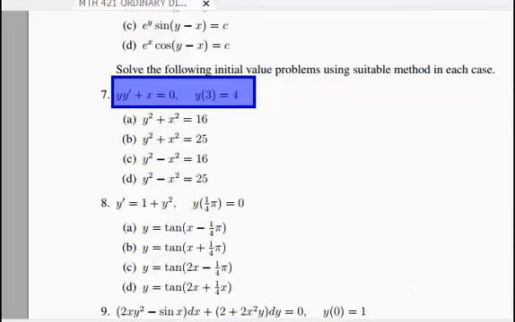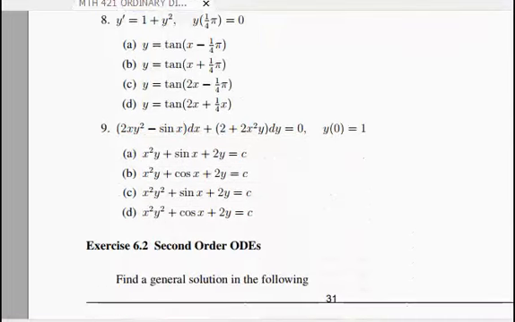Let's solve the next question. All right, so having